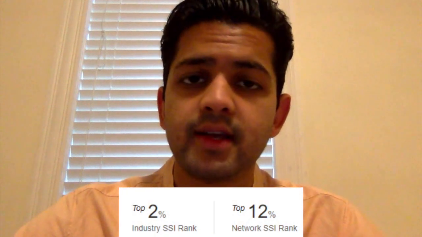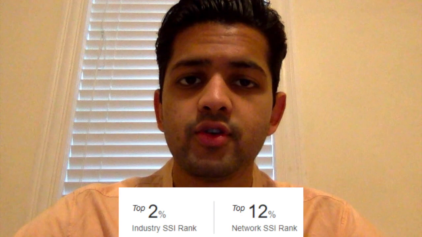And I think that page is really effective because it also shows you where you stand in your industry and in your connections in terms of the SSI score. So for example, it can tell you that you stand in the top 10% of the people in your connections in terms of your SSI score, and you probably stand like top 8%, top 15% for your overall connections. So that's another thing which you can see. Oh, okay, in my industry, I'm in the top 10% in terms of my SSI score, so I'm not doing that bad on LinkedIn as per the SSI. And this tool can never be wrong, guys. I mean, it's a LinkedIn tool, so as I said about authentication, you really don't have to doubt it.